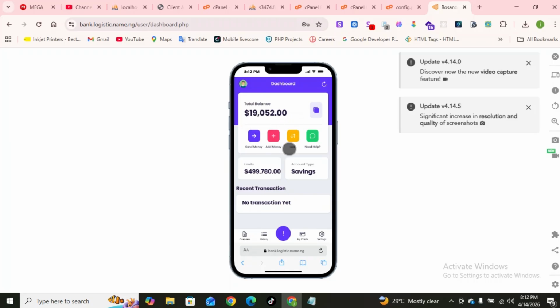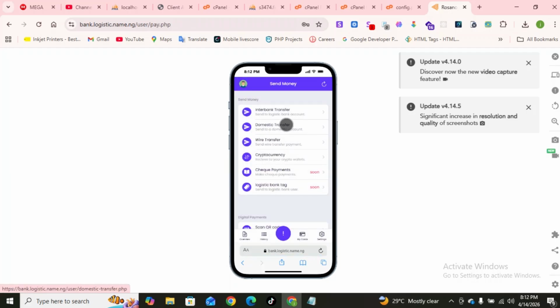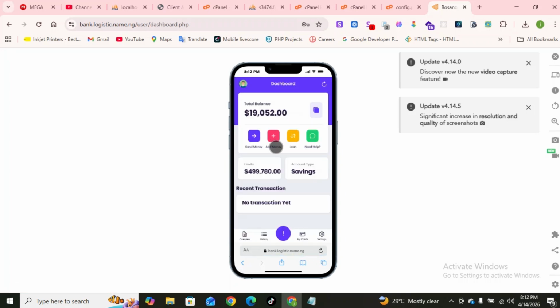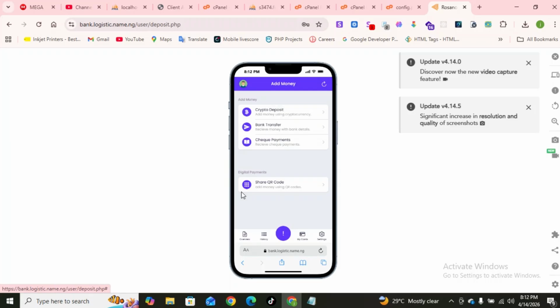This is your total balance, your limit and everything. You can also click on send money to send money from your account. This site has everything: international, domestic, wire transfer, crypto, all of this. You can also click here to go to view. As you can see, you have a good interface. You can click on add money. To add money, select your payment method and everything. After that,